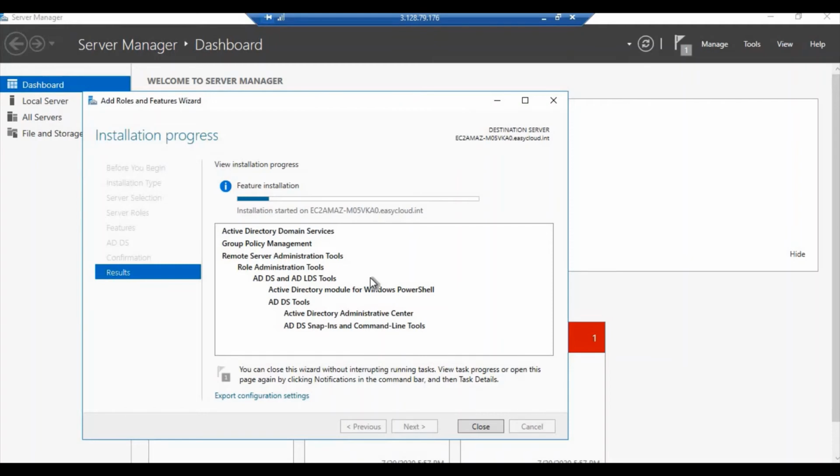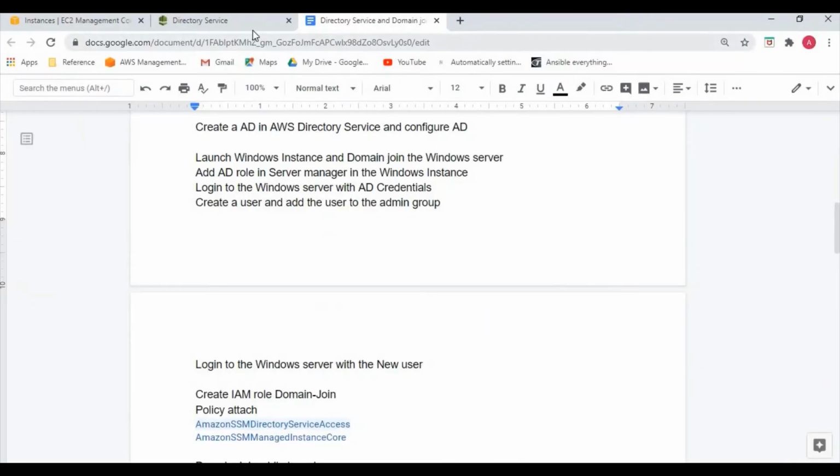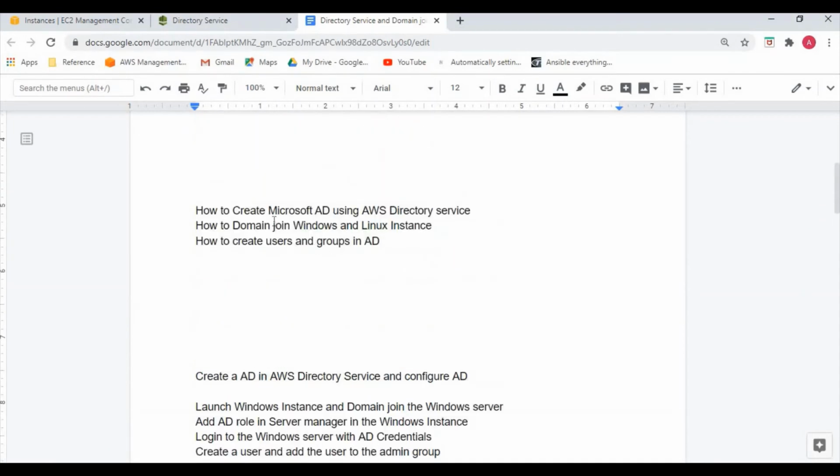Okay, it's installing now. It will take a couple of minutes to complete the installation. So till now what we have learned is how to create Microsoft AD using AWS Directory Service and how to domain join Windows. Both methods we saw, manual and using the IAM role. Now we're going to create users and groups in AD.